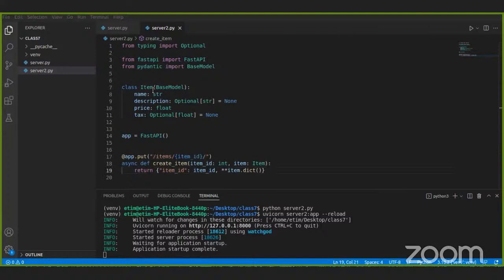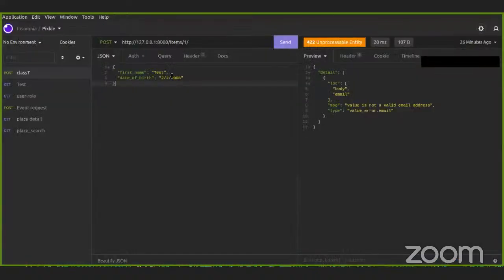Oh, can you see my test client? No, VS Code. Okay, oh, sorry about that. Sorry about that. Okay, so